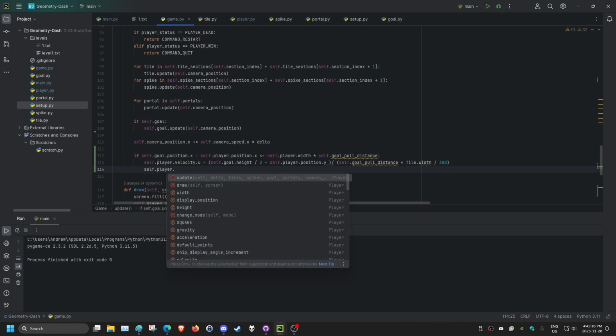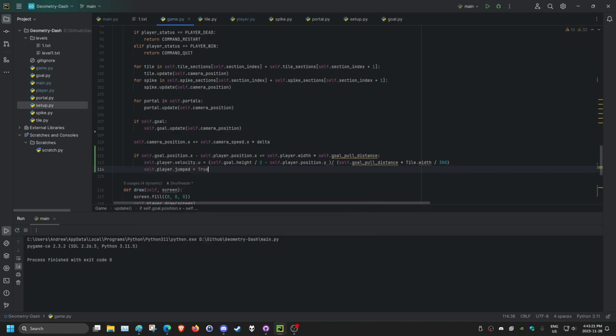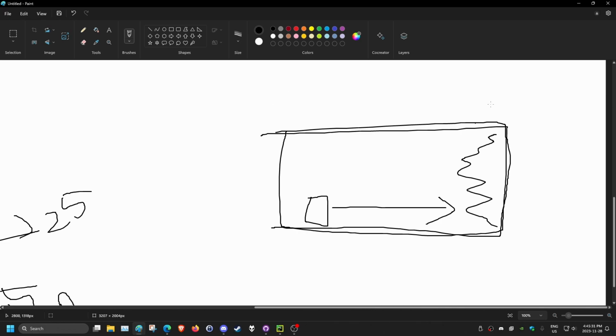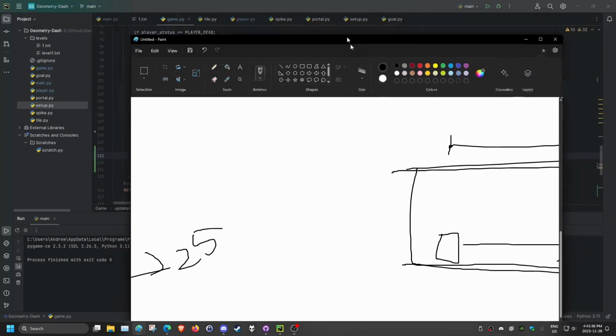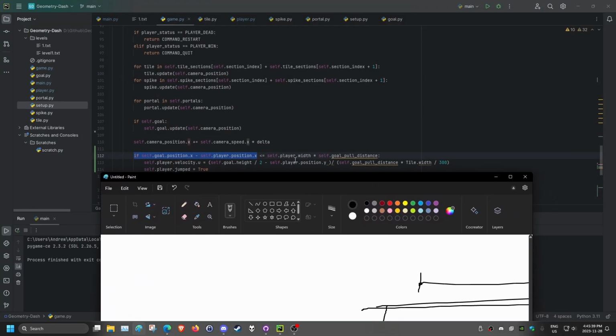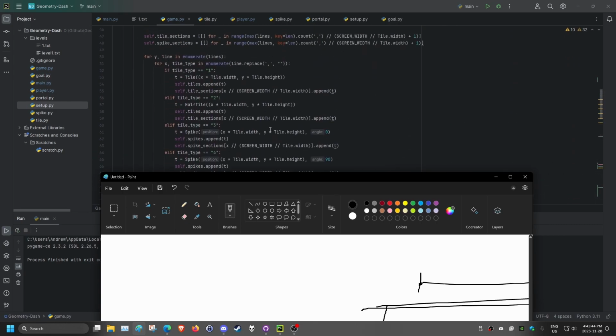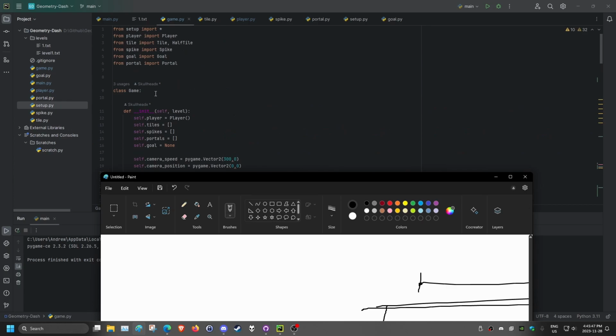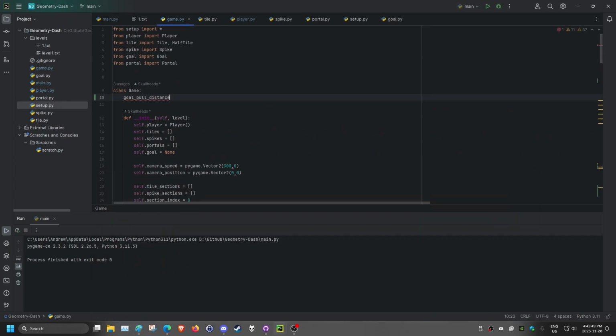is I went on a little tangent and added in the abilities so that when you reach a certain distance to the goal, so if the goal's position minus the player's position, if this distance is less than or equal to the player width times the goal pull distance. So let's make a variable for that. I'm going to go to the top and we'll do goal.pull_distance,